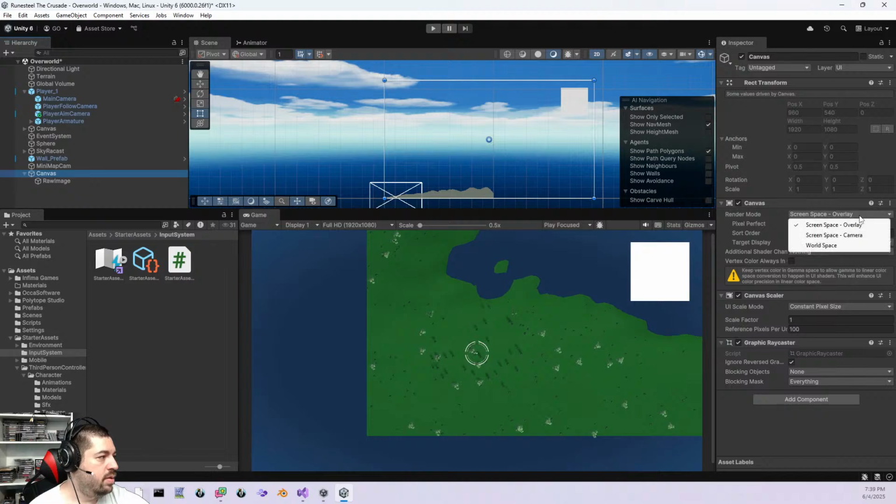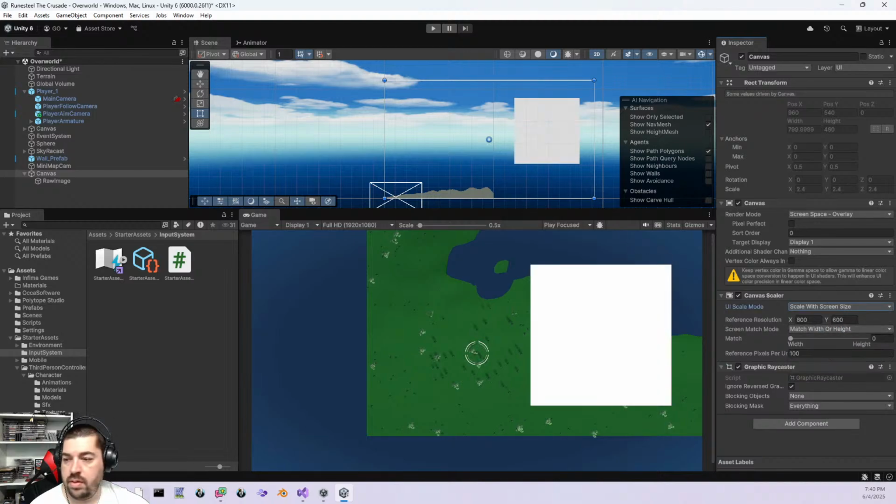But of course we still need to display our texture. To do that, we create a new render texture. Let's go to the project, right click, go create, and now select render texture. And let's call this our minimap render texture. Here we have a bunch of